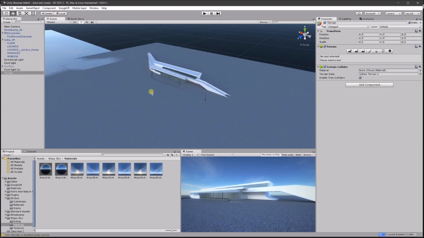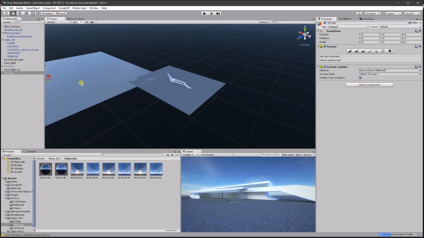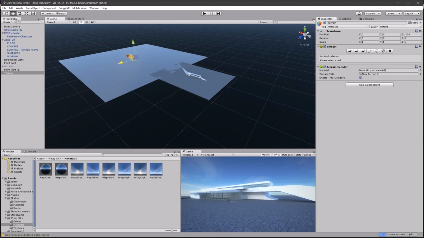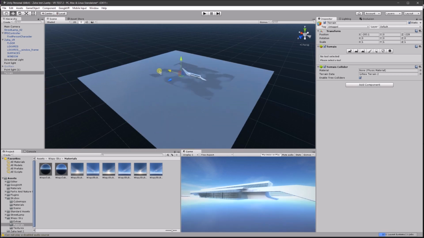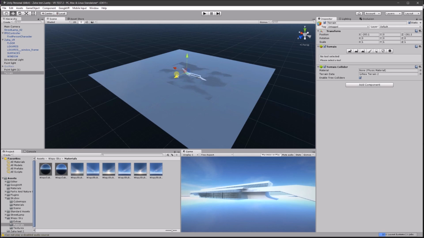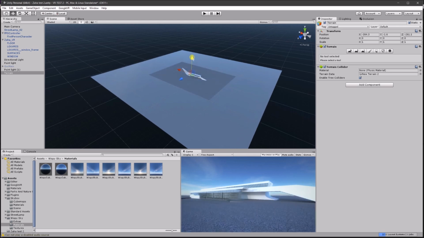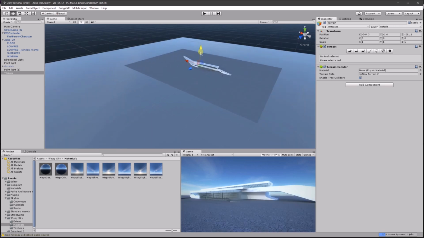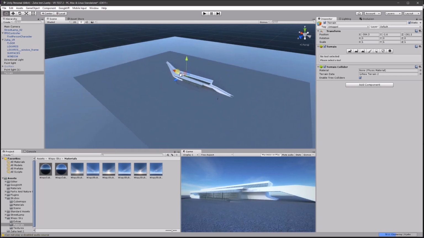terrain, and that just brings up a plain shape, and I'm going to center it just underneath my model so it doesn't interfere with my ground plane. And then we're going to start sculpting